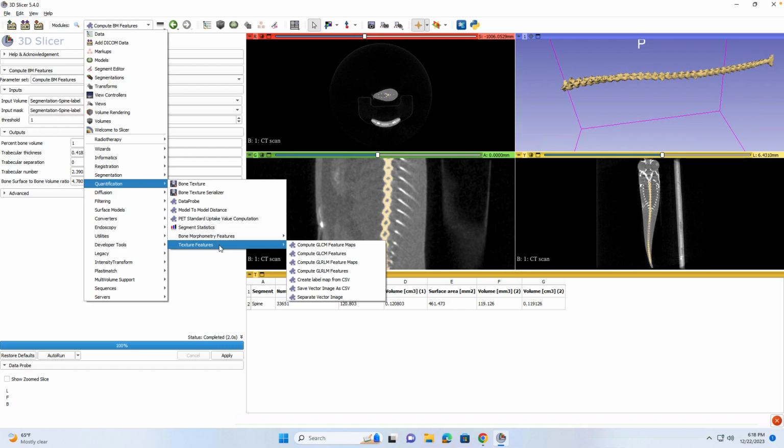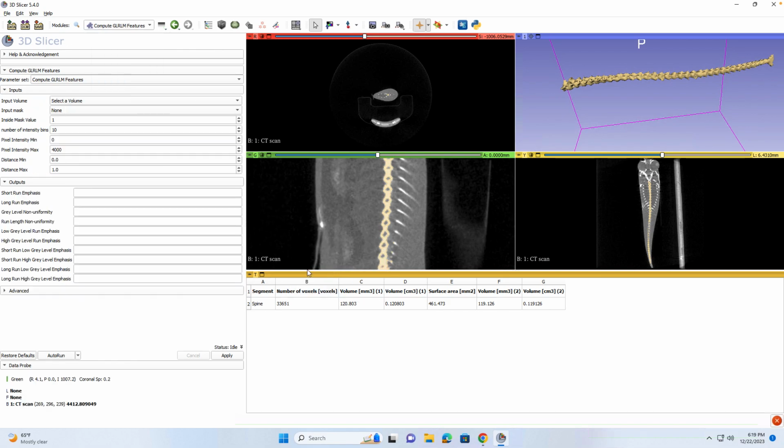And like I said, I have more info on each different parameter that the GLRLM feature will show, and it'll pop up in a second. But it's essentially a tool that helps you analyze the unique texture of spine images, and it's allowing you to identify any specific properties or patterns that might be influenced by treating spines with different chemicals or oils, so to say. So we've already done the hard part, so all we've got to do is go down to compute